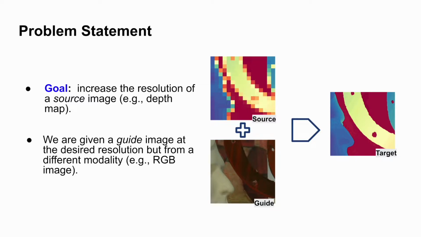Most current solutions are variants of a two-branch deep neural network. These perform well if the training set is large and if the test images are close to the distribution observed at training time. However, when these conditions are not met, they underperform. In particular, the predictions are not guaranteed to be consistent with the source image when downsampled back to the original